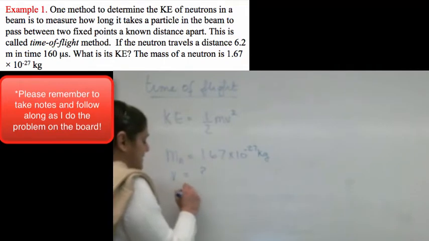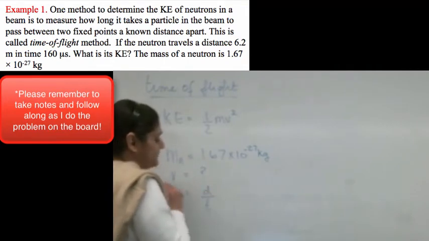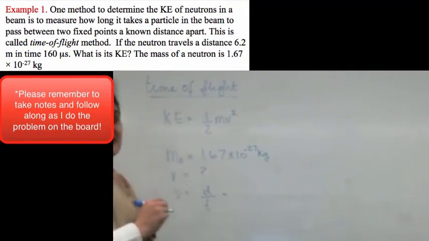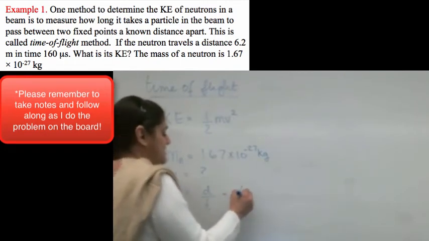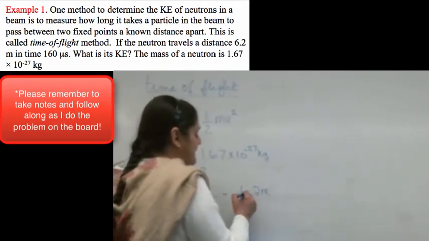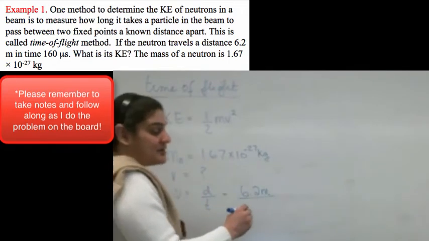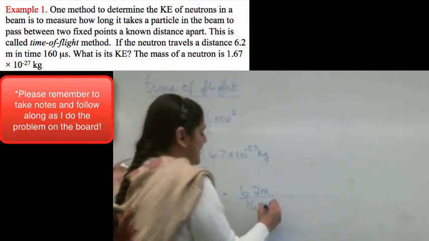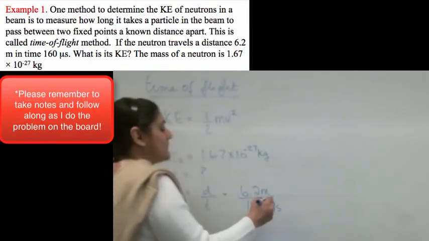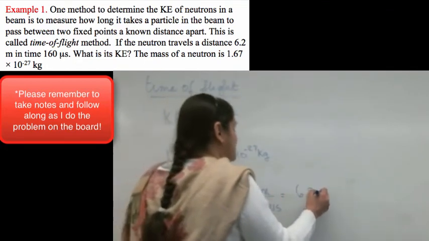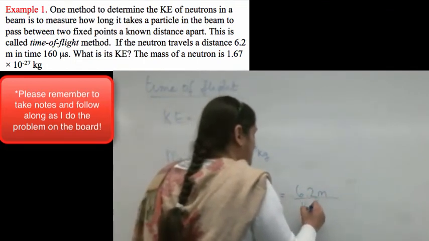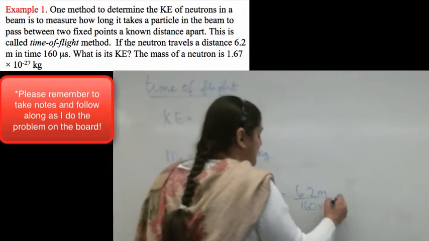We know velocity equals distance over time, right? So it gives us a distance that it moves. It moves 6.2 meters, and it says it moves at 160 microseconds. Now the question is, do we know what microseconds is? The answer is absolutely. We know this is going to be 160 times 10 to the minus 6 seconds,